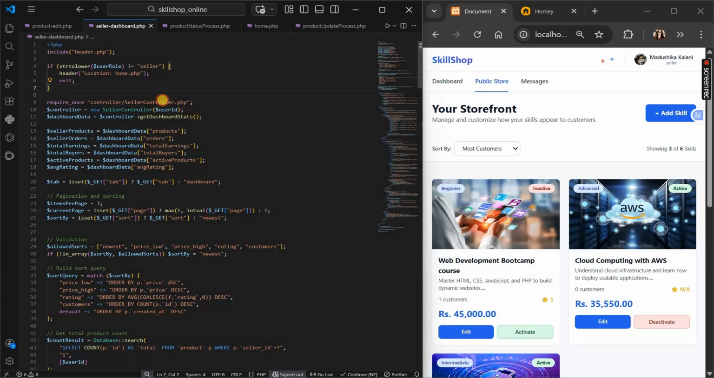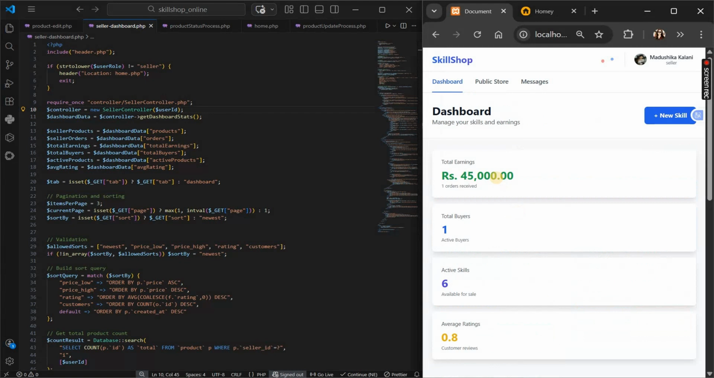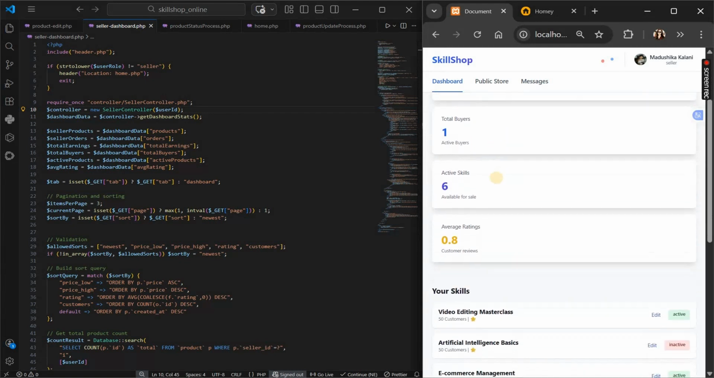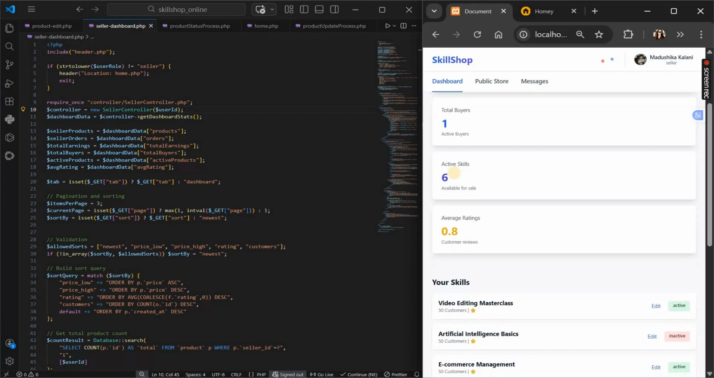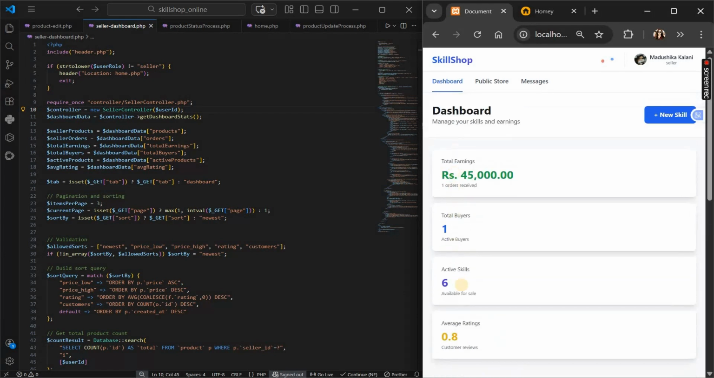You can see in our dashboard total earnings, total buyers, active skills and average ratings. Below them you can see our skills controller pattern. It initializes a seller controller using the $_SESSION user ID. It calls getDashboardStats to fetch a summary of the seller's performance, including total earnings, total buyers, active skills